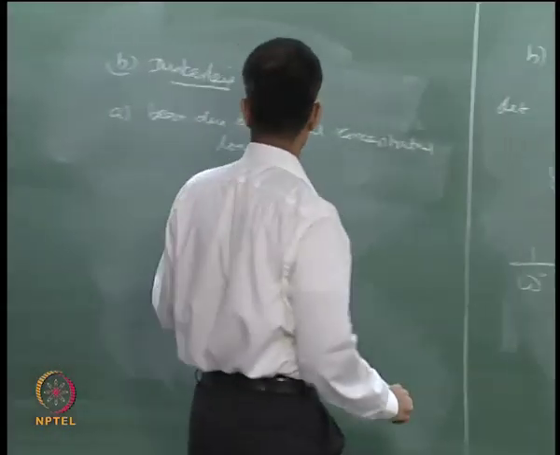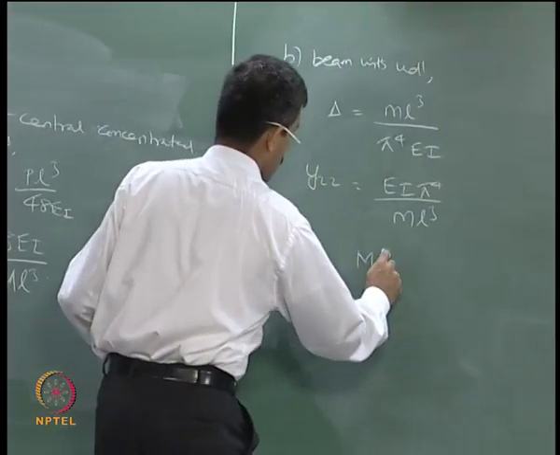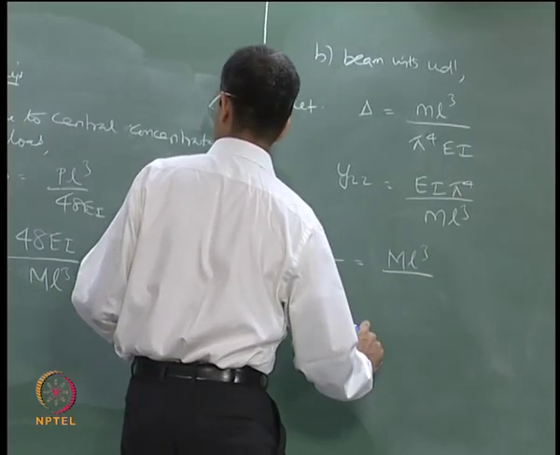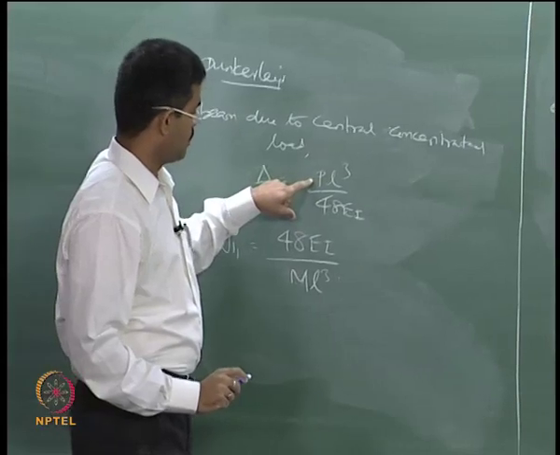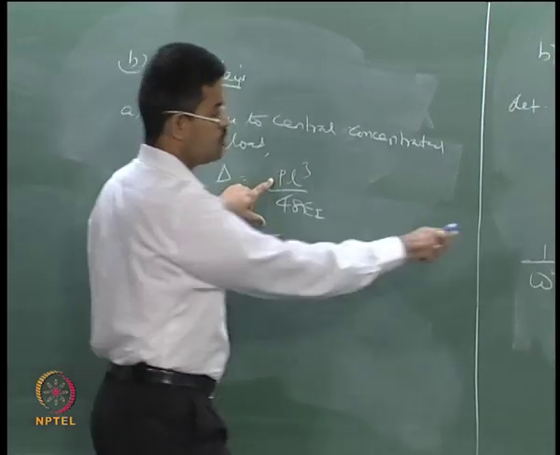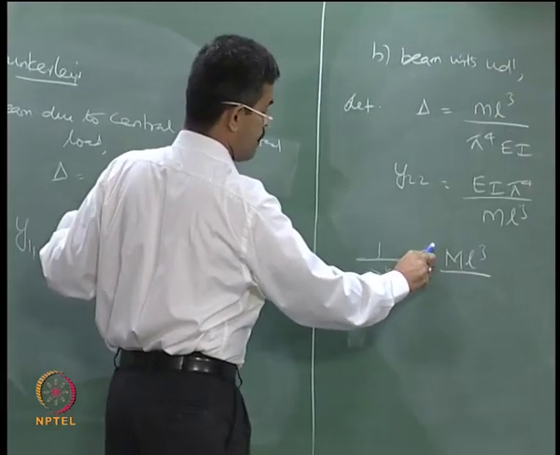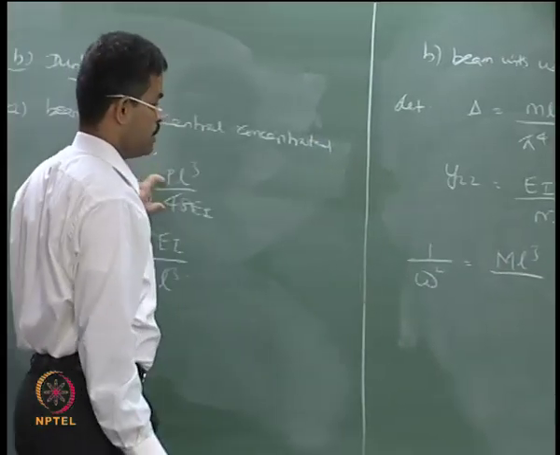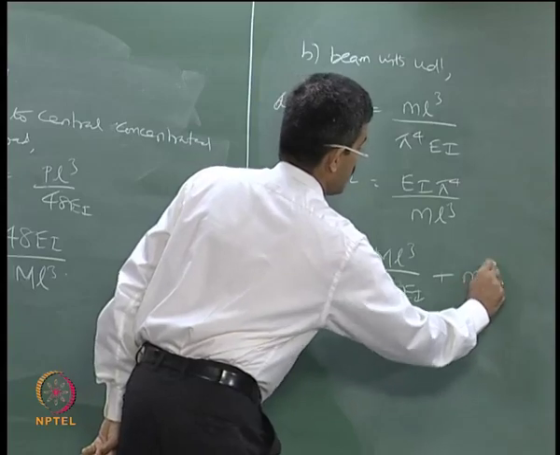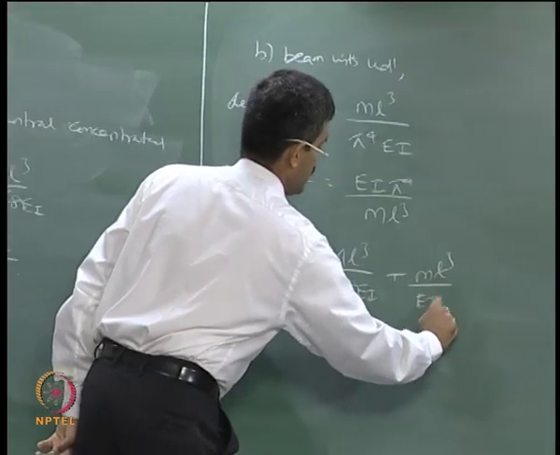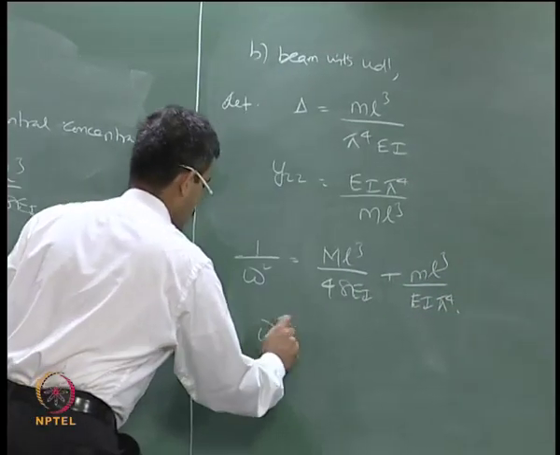So, I should say ML cube by 48 EI, that is the force here. I must use M and forces. So, ML cube by 48 EI plus ML cube by EI pi power 4, and omega